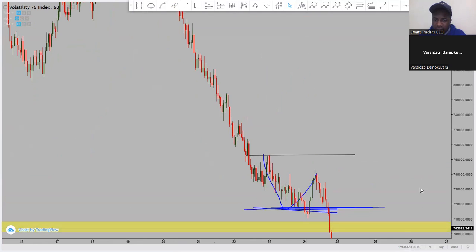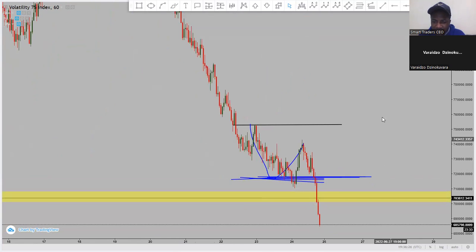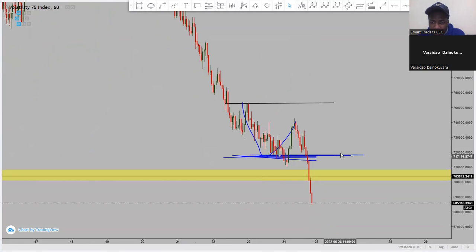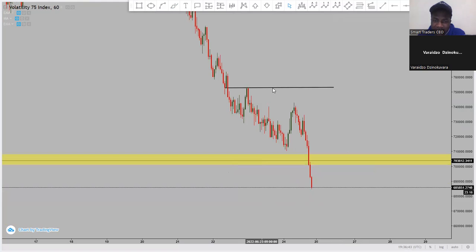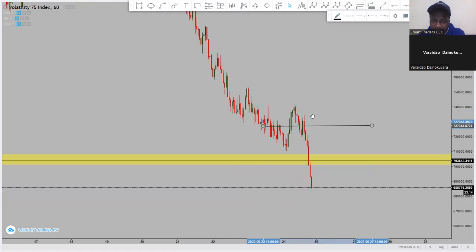Right. So this is the situation. So where could have one entered the sell? I just want to show you how you can enter sells smartly. So as long as you know that we are still bearish, because this trend was still bearish, and so long as the trend is still bearish, you know that selling opportunities are always going to be valid.